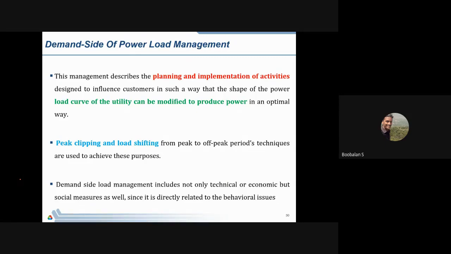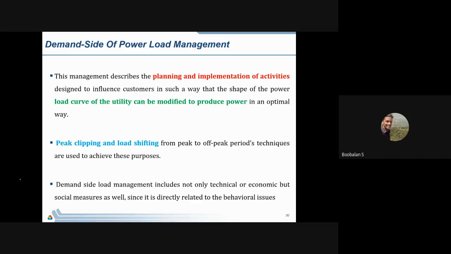So 20 lakh customers, we couldn't restrict them, and we couldn't put a common rule for every 20 lakh electricity consumers. It will be a very difficult job. So that's why they go with management on the supply side. That's called demand side. By doing those things, you can manage your electrical energy as well as the entire economic process.